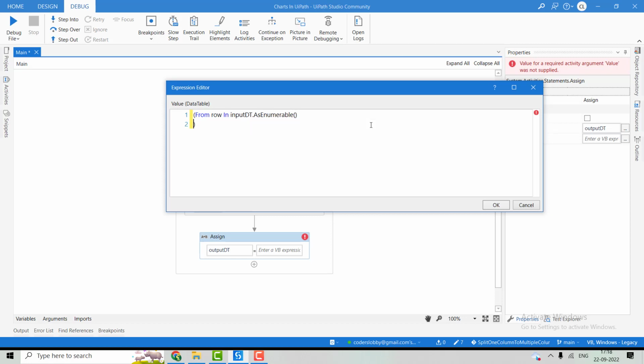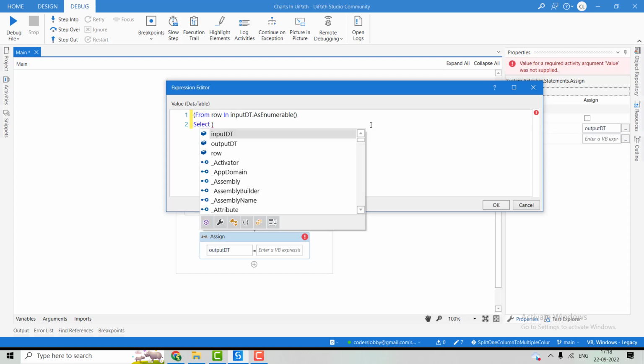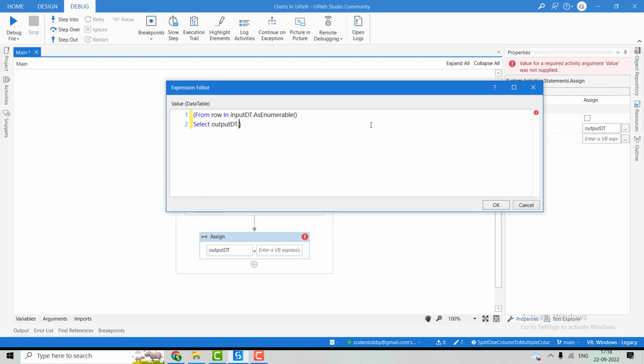Alright, here we'll use the select method, and we'll select our output data table. We'll use dot load data row method. Inside this we'll use new object. Okay, the curly braces will be there, dot copy to data table, and inside this curly braces we will pass